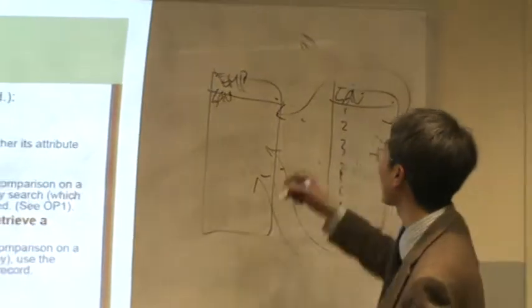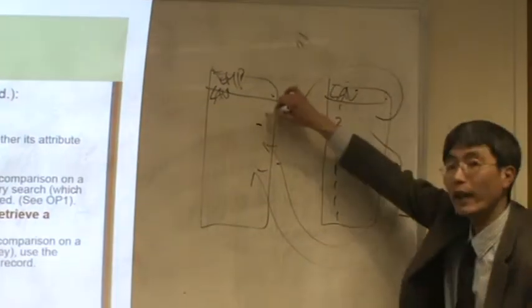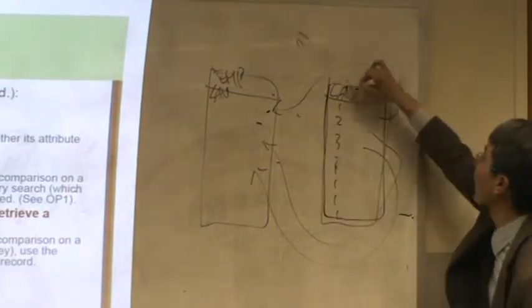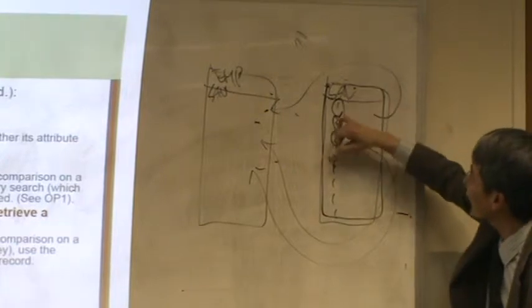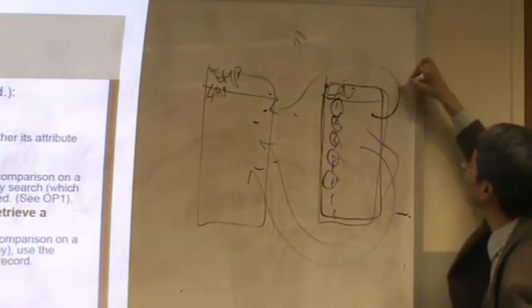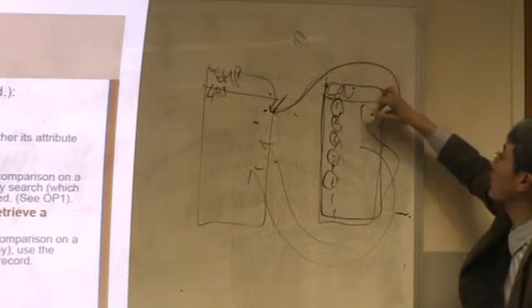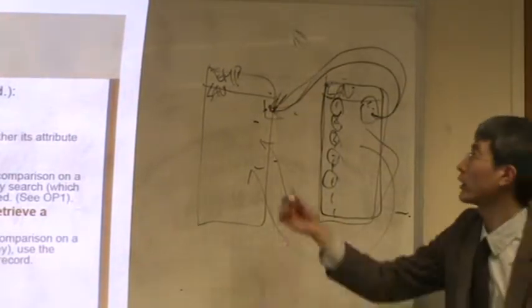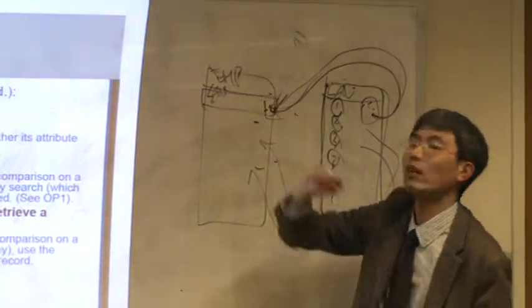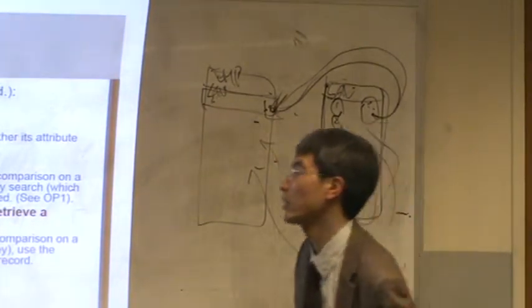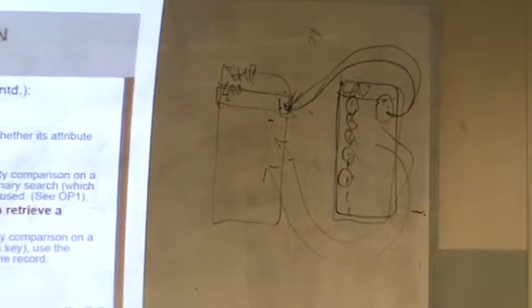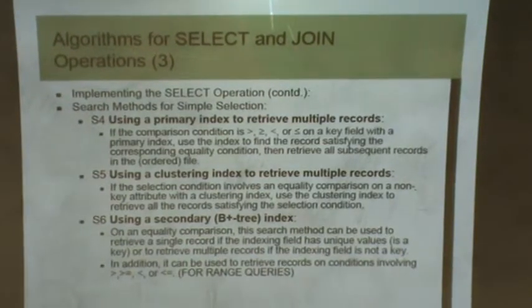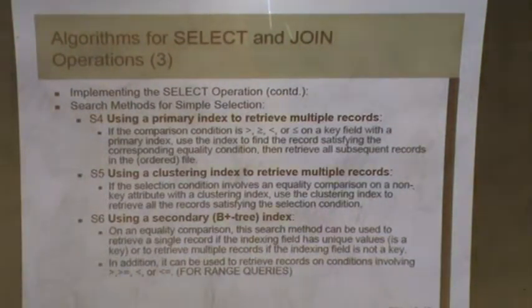So at that time, we don't have to use the table directly. Instead, we can find the key first, then using the pointer, which points to the table where the data is. This is another way to access the data. But this will only be efficient when you want to retrieve only a single record, not multiple records. We cannot say which one is faster.